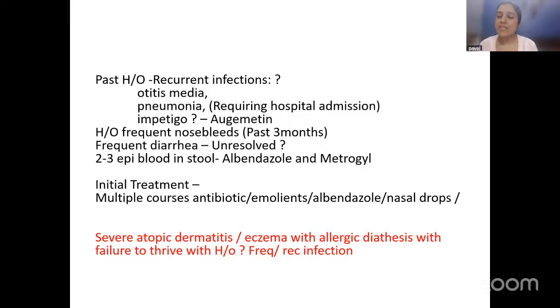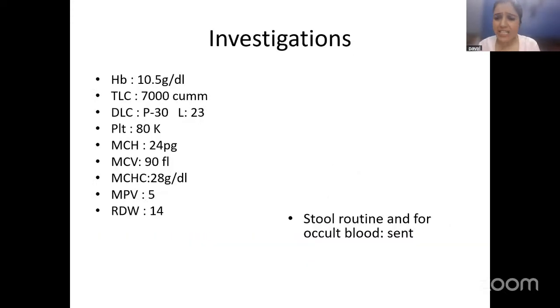Now, when we see frequent infection, what is frequent infection? If you try and look at the definitions for that, it says that if you have got more than 6 URIs in a year, some statements or some guidelines say 10 URIs, that is called frequent. Recurrent infection is something which is defined, what I showed you for the PID guidelines, right? So, anyways, we investigated because this child came to us for ITP, did not come to us for skin problem.